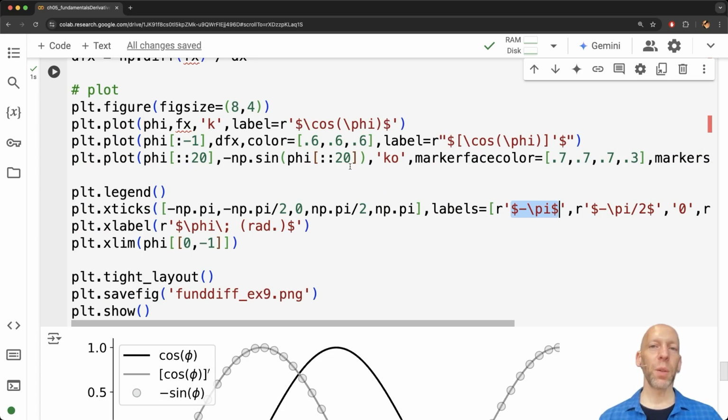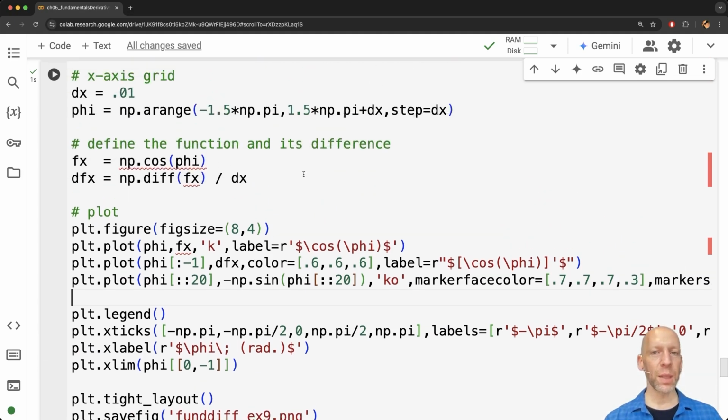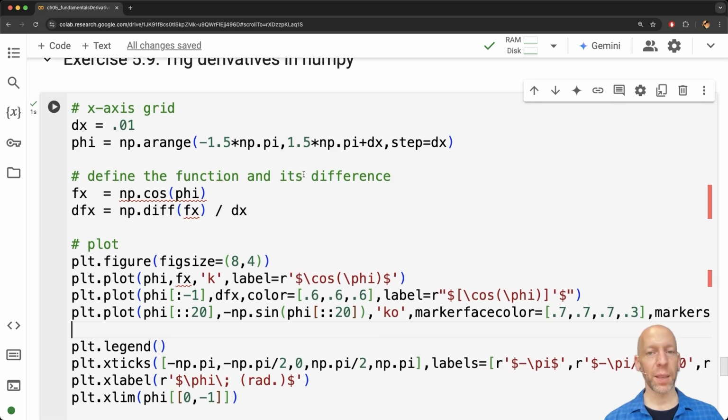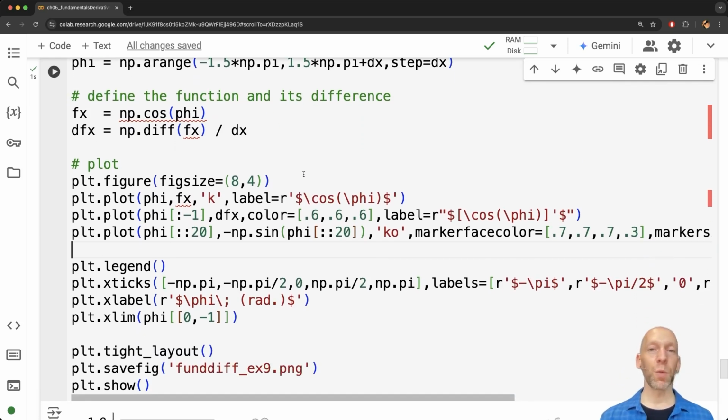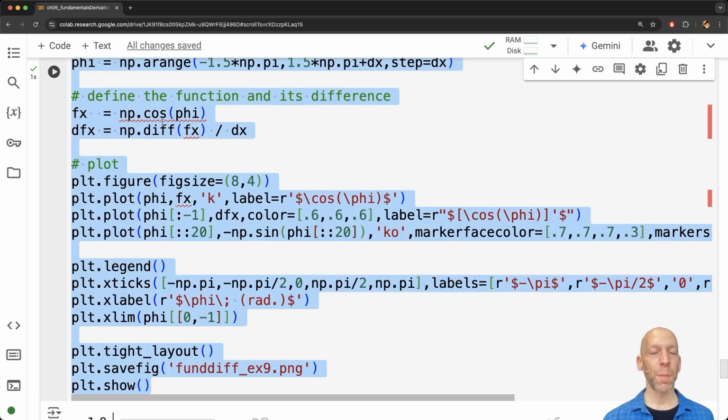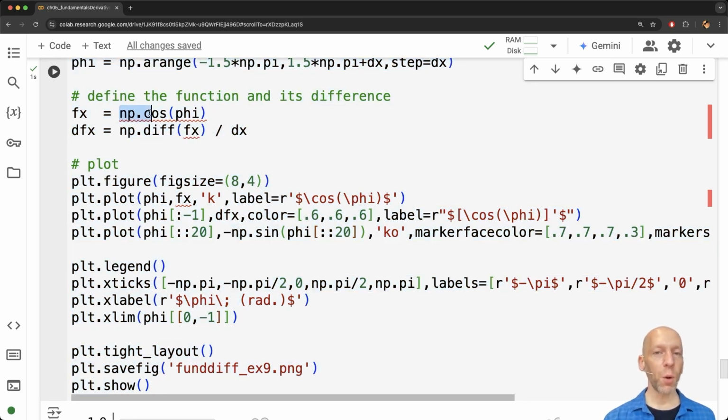Now, there are a couple of goals of this exercise. One is just to improve your math coding skills in NumPy and Matplotlib. Second is to reinforce the concept, which you empirically demonstrate right here, that the derivative of cosine is minus the sine. And a third goal is, again, just another reminder, like in the previous exercise, of the importance of scaling